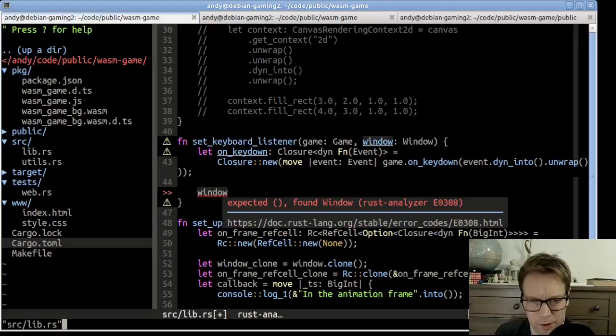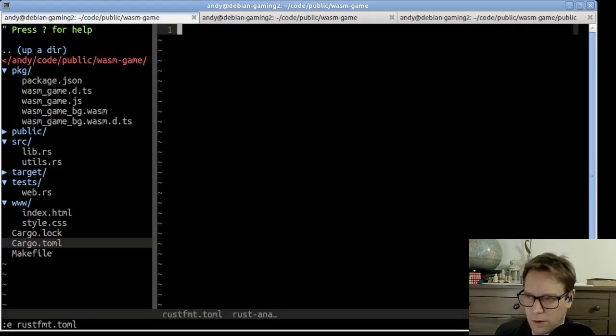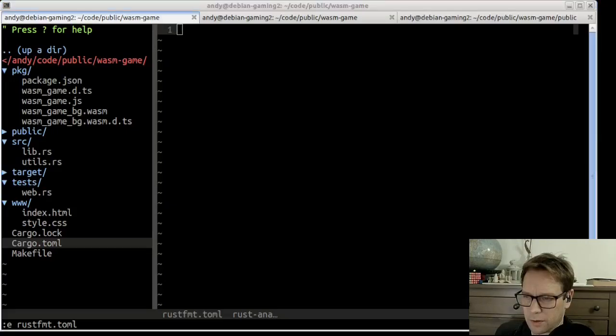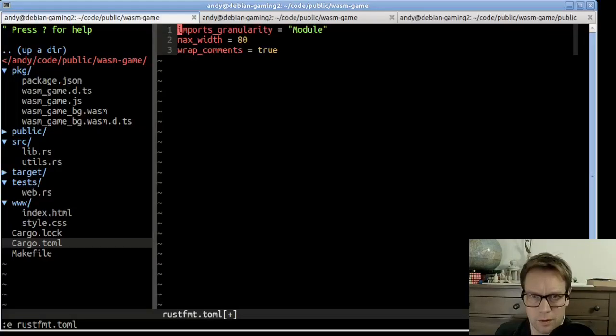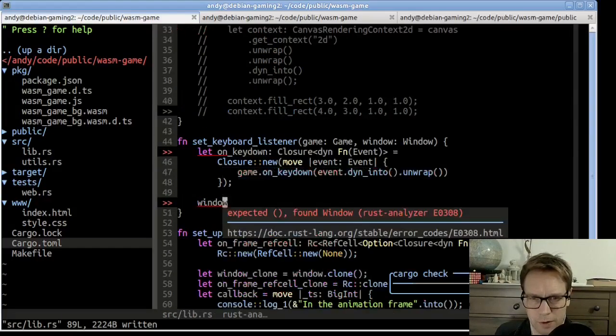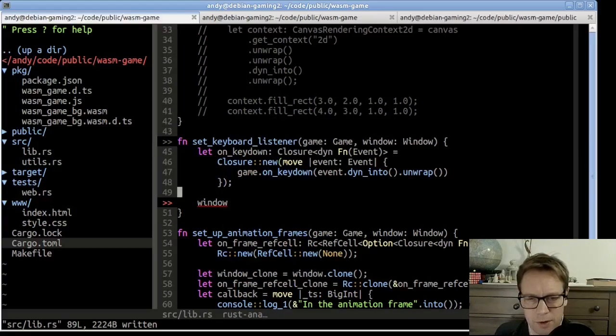Oh, by the way, I don't like how this is wrapping, so let's quickly make a rustfmt.toml file. And that should have my usual stuff in it, which is this. Max width 80 is the thing I'm particularly thinking about, but it also makes my imports the way I like it, and it turns on wrapping on comments. So now when I save this, it's going to wrap nice. That's much nicer. All right, so back to what on earth we were doing,